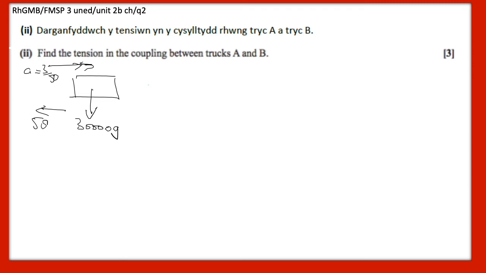I've got a resistive force of 500 newtons, and the only thing that's acting forward is the tension in the coupling. There are no other forces in this particular diagram. And again, it's another Newton's second law, because I know the acceleration, I can see the forces. So in this, I'm going to use force equals mass times acceleration again. So I've got T minus 500, and again I'm consistent with my signs because of the direction that I've chosen my acceleration to go in, is going to be equal to